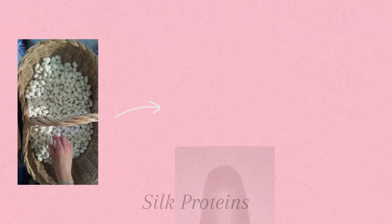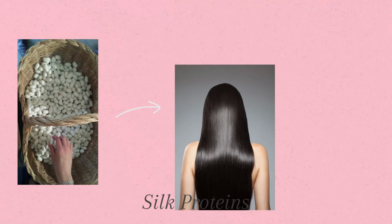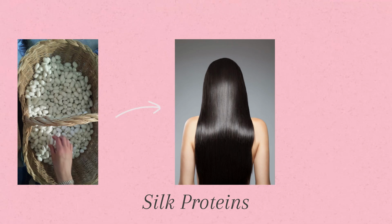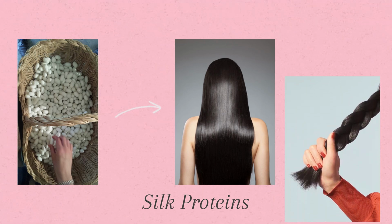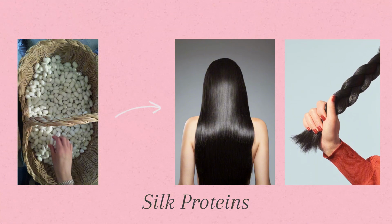But Fanola No Yellow Shampoo doesn't just stop at toning. It truly goes above and beyond to give you the best results. It's packed with silk proteins, which work to strengthen your hair from the inside out, making it less prone to breakage and helping to restore some of that lost elasticity. In addition to that, the silk proteins also provide a layer of hydration, ensuring your strands don't feel dry or